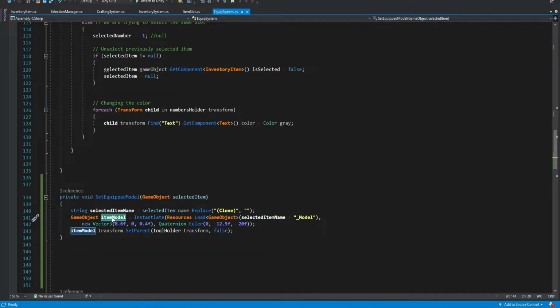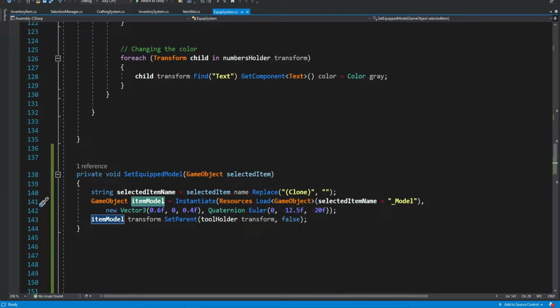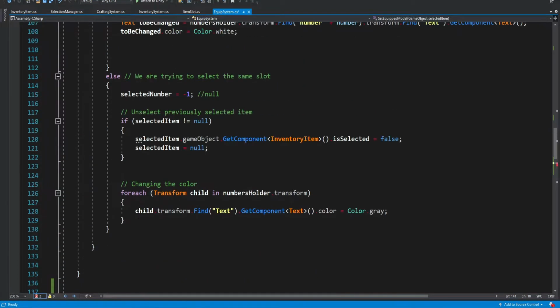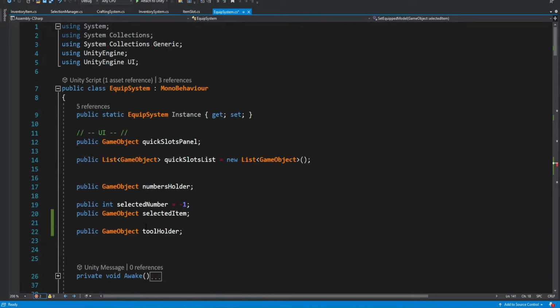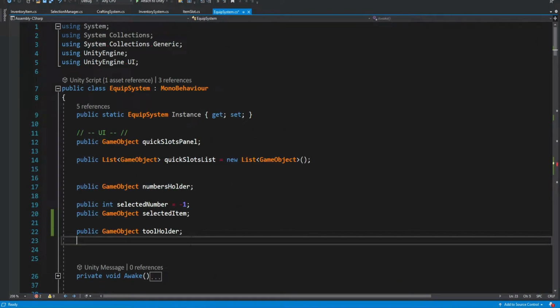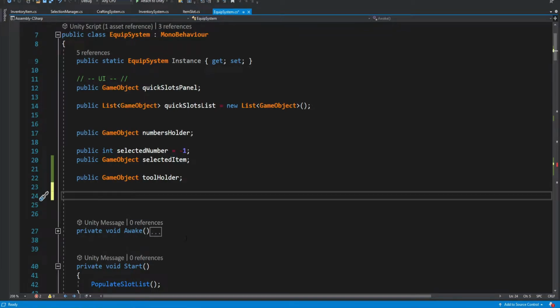So in order to be able to destroy our item model, we need to make it a global property, okay? So we're going to just remove this game object over here, okay? And we're going to create it as a property of the class: public game object item model, okay?